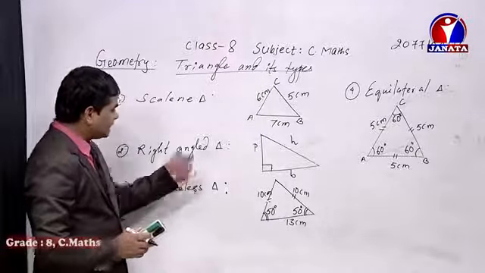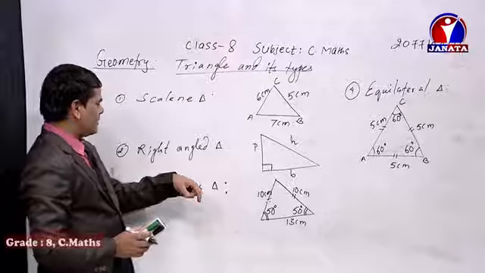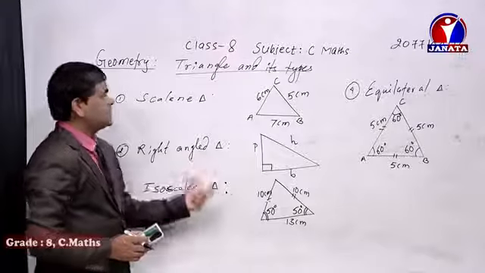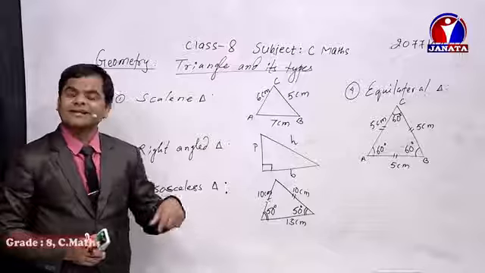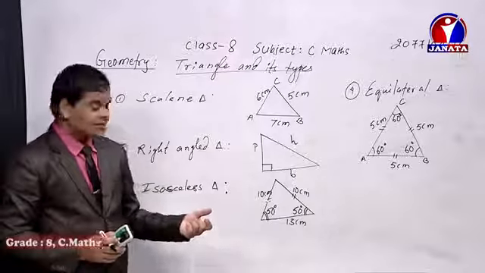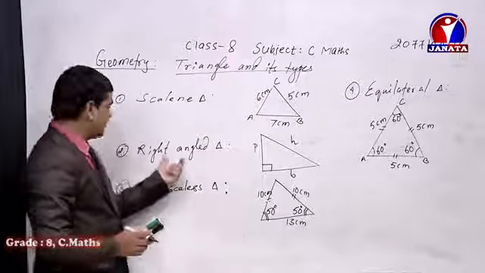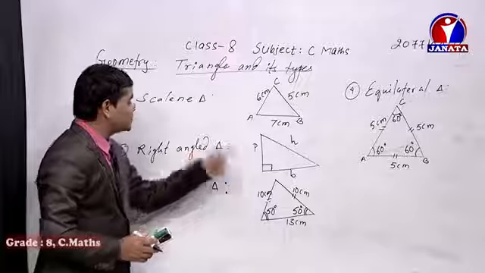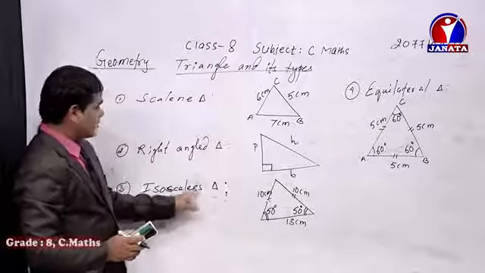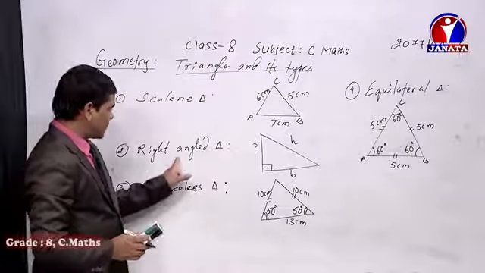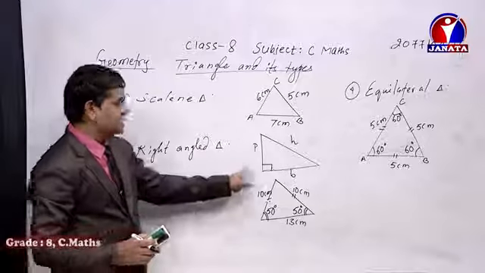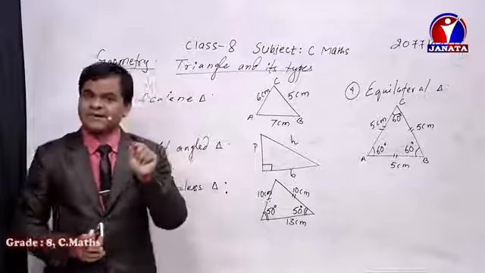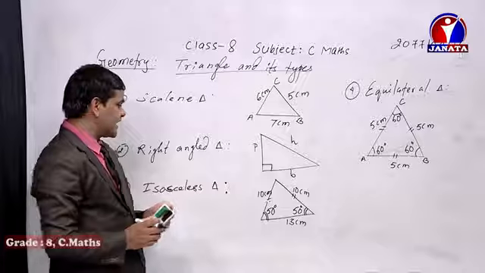And dear students, another type of triangle is also there, especially these are the 4 types of triangle. Another one is general triangle. We write it as general triangle by considering the sides of the triangle. And another is right angle isosceles. When these 2 triangles are combined together, the properties of right angle as well as the properties of isosceles triangle, at that time there will be another type of triangle that is known as right angle isosceles triangle, where